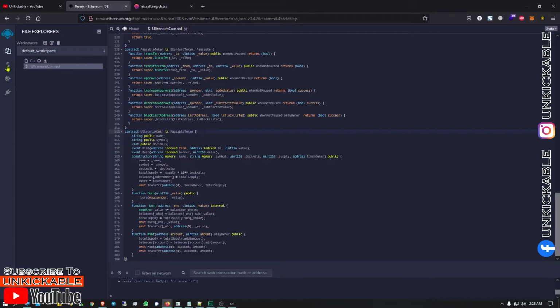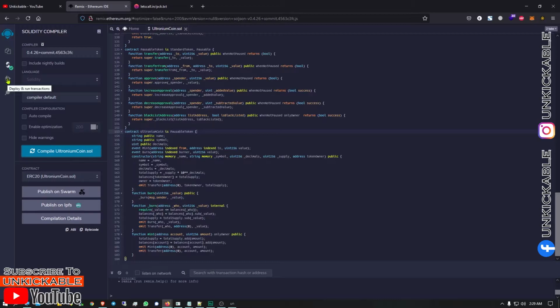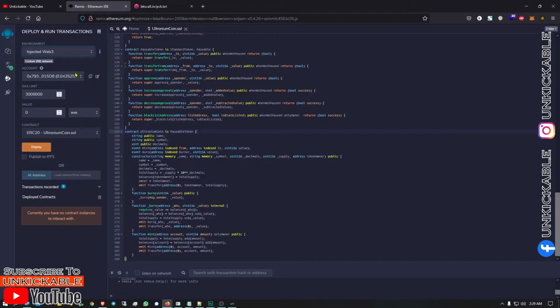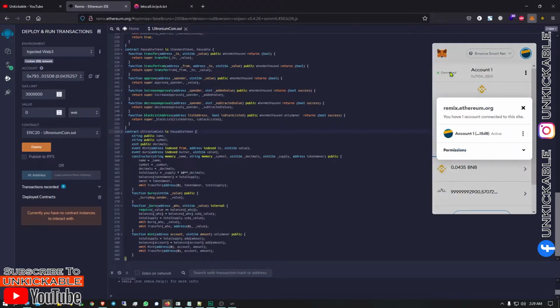After that, click on Solidity, and go ahead with compiler 0.4.26 and then compile it. You can find it was verified and compiled, and then we are going to go ahead with deployment. Click on this and swap from JavaScript to injected Web3. This is basically our address. As you can find, it is not connected for you. So what I am going to do is disconnect it so I can show you how to connect.